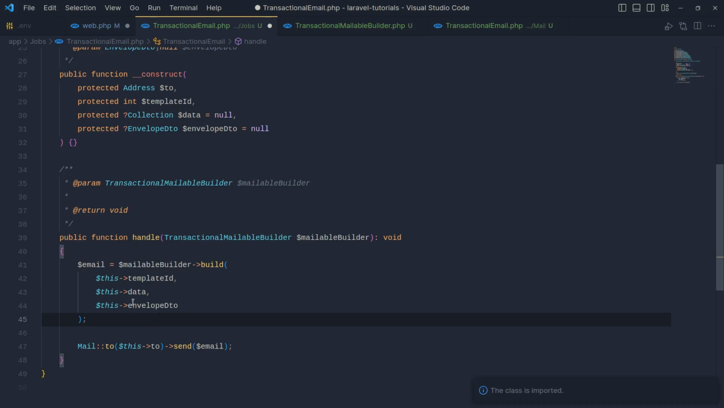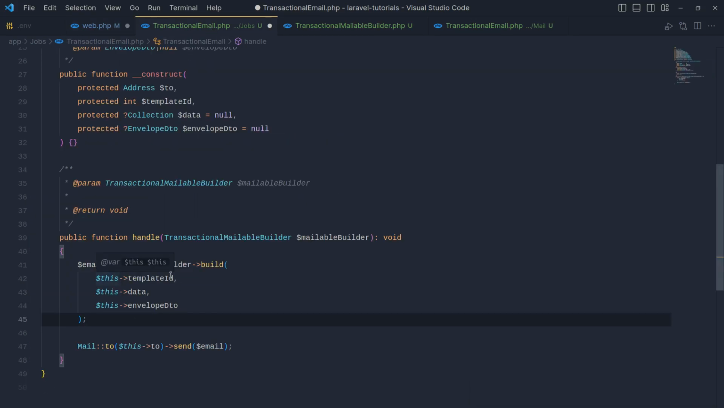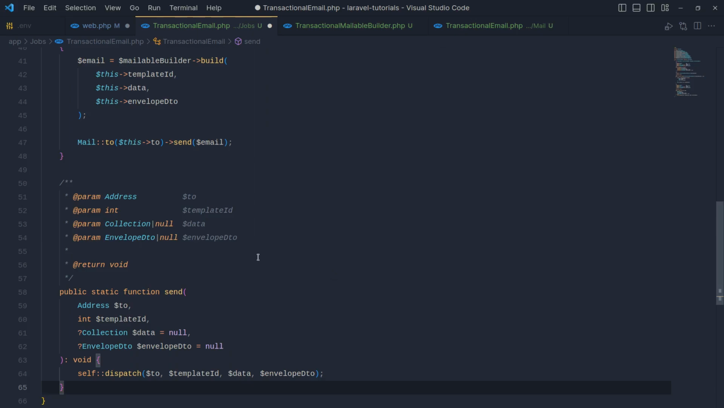Let's import Mail. As you can see, we are doing the same things that we did here, but to avoid waiting for the response from our API, we will do the whole process inside the handle method. And what I want to do is add one more method called send, and basically instead of using the dispatch method, we will use this send method,